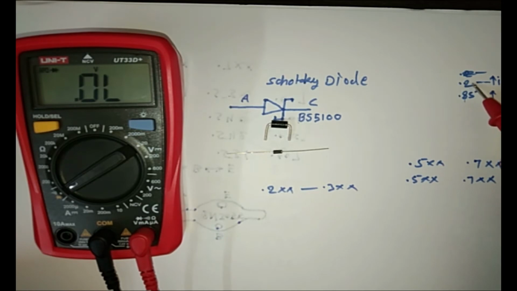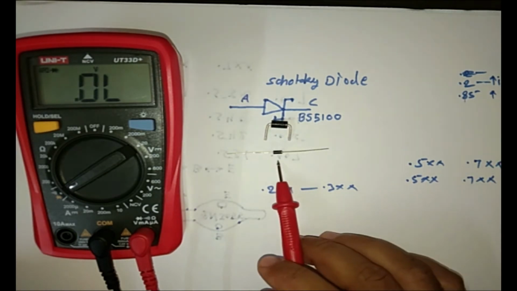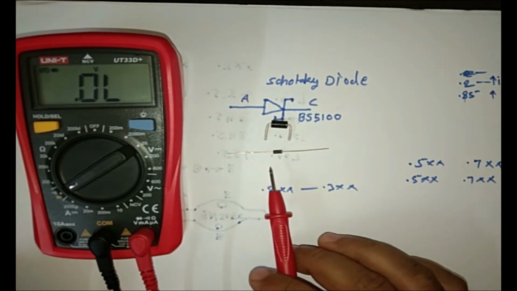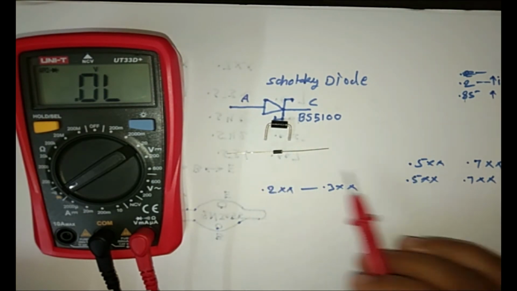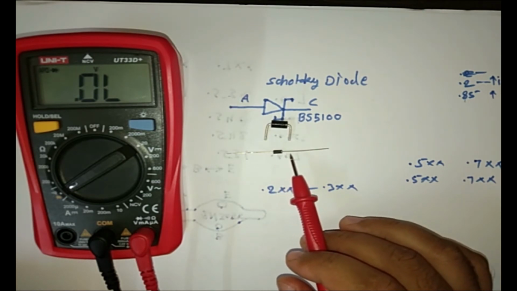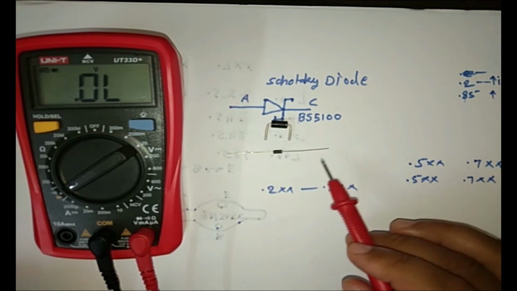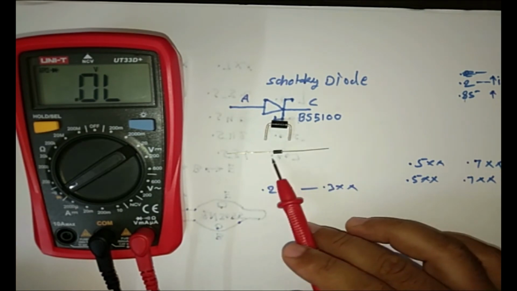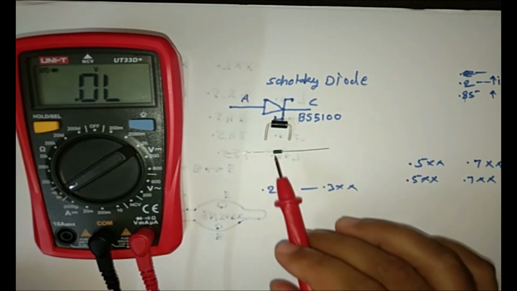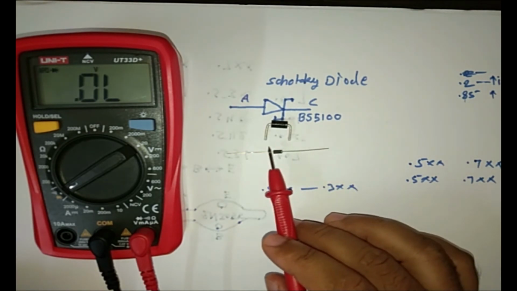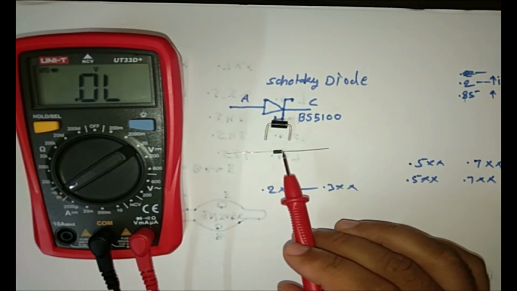But if the current through the Schottky diode increases, its dropping voltage does not remain 0.2 volt; it will increase up to 0.8 volt, even 1 volt, as the current and temperature increase. The same thing also applies here. If a diode has a minimum 0.7 volt dropping voltage, that is only at 10 milliampere or 100 milliampere as per the data sheet at room temperature. But if the current and temperature of the diode increase, the dropping voltage also increases. A simple diode voltage may reach up to 1.5 volt dropping voltage.